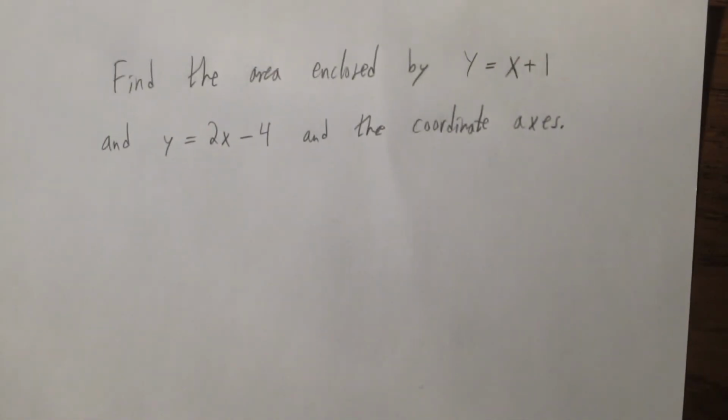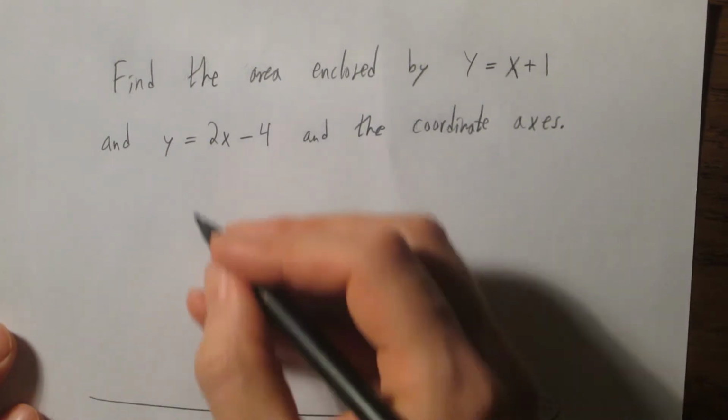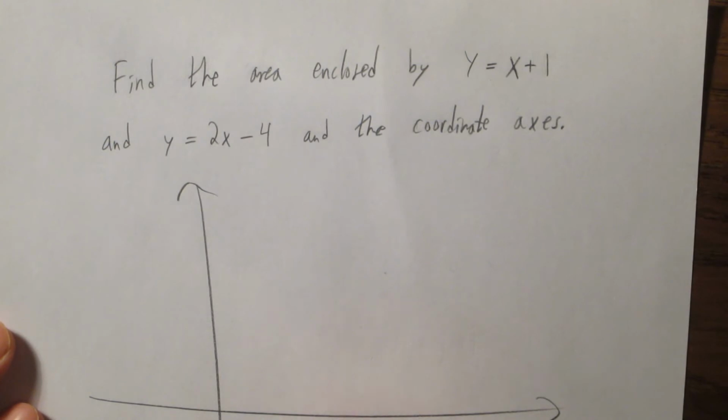Okay, here's the task. Find the area enclosed by the graph of y is x plus 1 and the graph of y is 2x minus 4 and the coordinate axis. So obviously you want to make a picture. 1, 2, 3, 4, 5, 6. 1, 2,